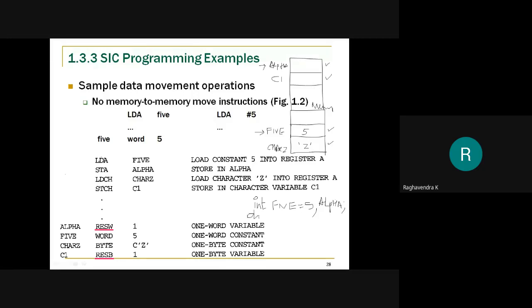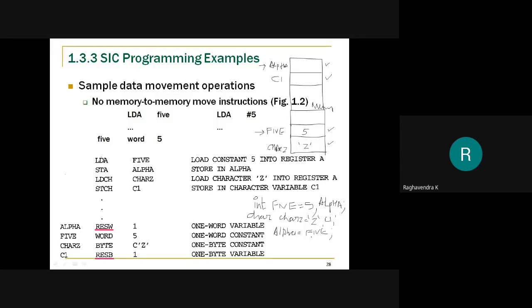Similarly in my C program, if I have to declare a character, I will declare it like this: char z is equal to z, and then the other one, which is C1. If I have to move the value 5 to alpha in my C program, I'll just write alpha is equal to 5. I can do it directly also, but I'm just trying to give you an idea of what exactly is happening here.